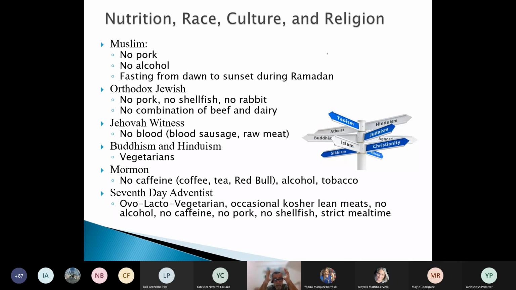But people that practice Orthodox, that practice this religion, they don't drink or eat while the sunlight is out along one month. It means that they eat and drink at night, but not during the day. And then you need to accept that. And then you need to be sure that at night they are taking the adequate nutrition and the adequate hydration if the client is under your care. So you need to adapt to that.